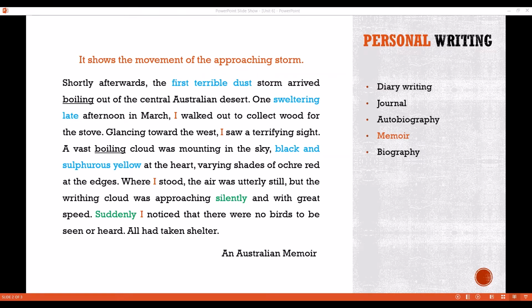The message is only the movement of an approaching storm. That storm is coming towards that person who is writing a memoir. Okay. "Shortly afterwards, the first terrible dust storm arrived, boiling out of the central Australian desert." It's from Australia, right? "One sweltering late afternoon in March, I walked out to collect wood for the stove, glancing